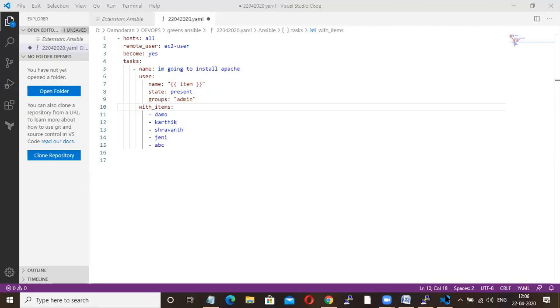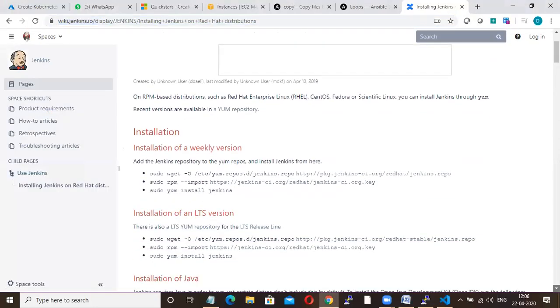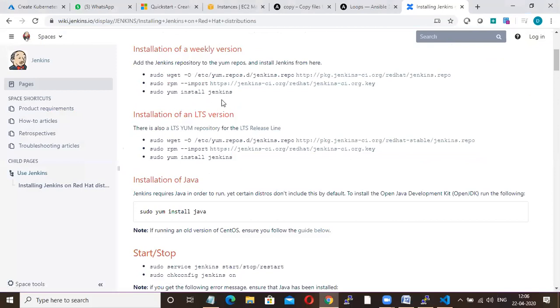I'm going to follow this document for installing Jenkins, using the LTS version.